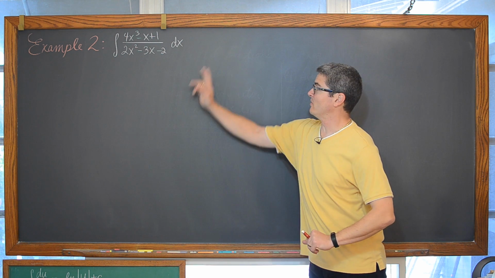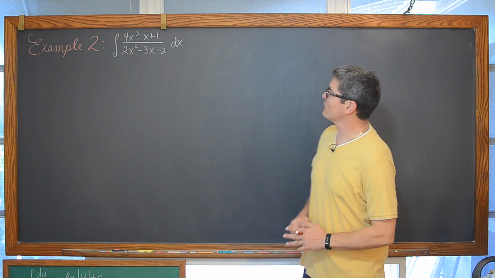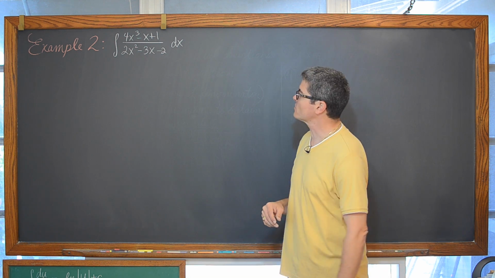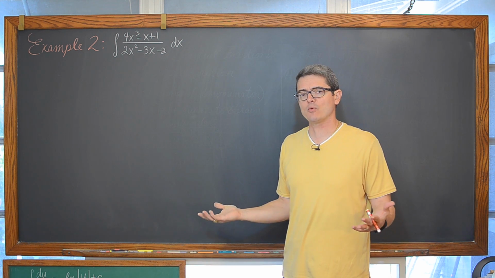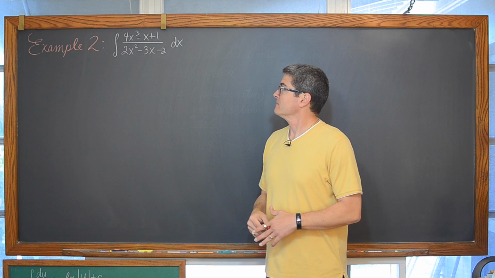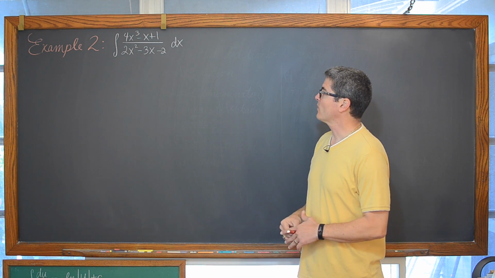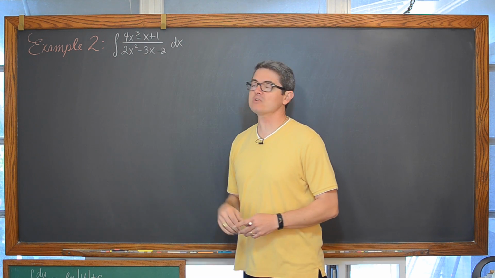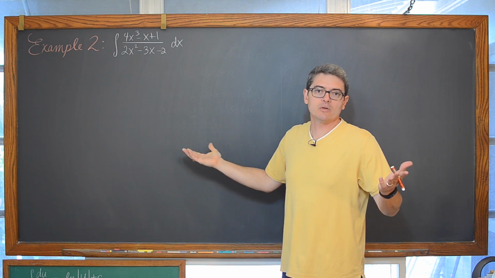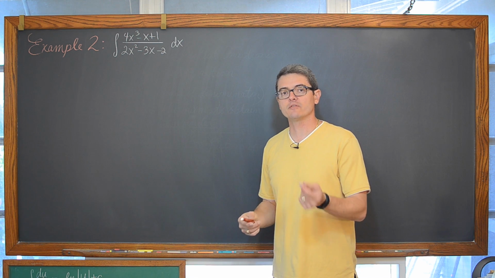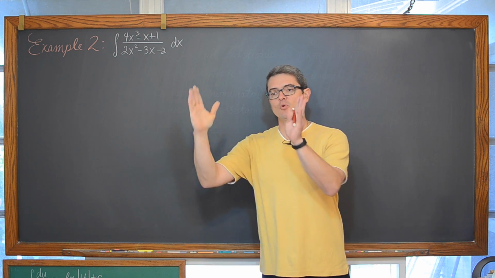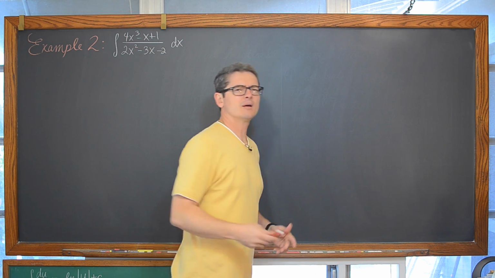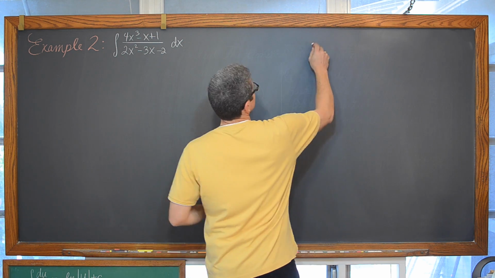Now our second example. We're going to do the indefinite integral of (4x cubed minus x plus 1) over (2x squared minus 3x minus 2). And this isn't the first time we've tried to integrate a fractional integrand that has a numerator whose degree is larger than the denominator, an improper fraction. We just have to remember to go through the long division process to break this up into a polynomial plus the remainder over what we're dividing by, which I'm pretty sure you remember how to do.